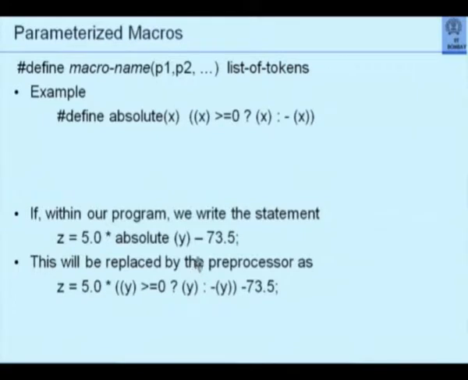Remember, it is not that this x is replaced by all of this. So this y is replaced by all of this. It is not a single character replacement. It is absolute bracket x bracket. So the word absolute is to be replaced, but what it will be replaced by is decided by this, and instead of x, whatever parameter you have given will be used for replacement. So this is clear, simple logic. Okay.